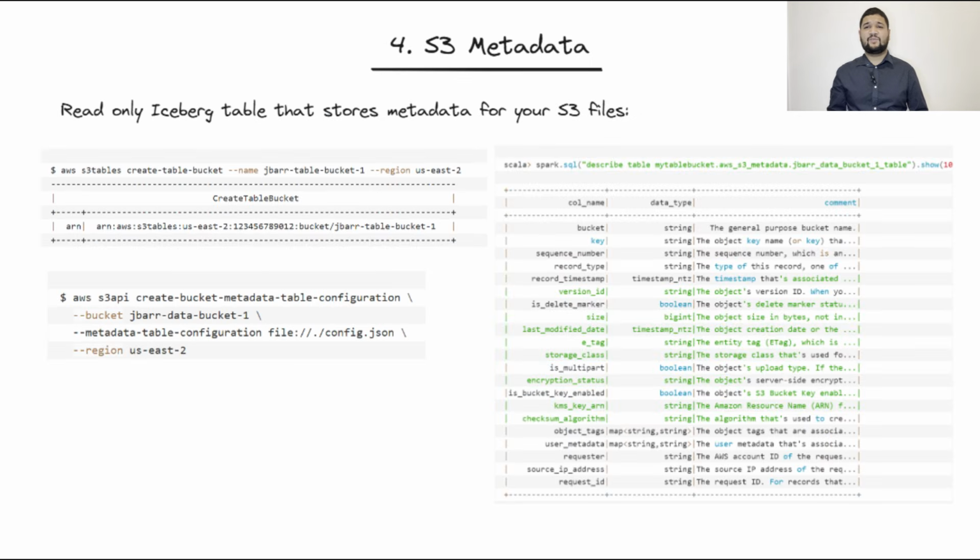Here's another gem that AWS announced: S3 Metadata. This feature creates a managed read-only Iceberg table that stores metadata for your S3 files. This is important because metadata is the first step in solving the age-old data swamp problem. With S3 Metadata, you can quickly query object details like size, storage class, and creation date, or even custom tags like product SKU or transaction IDs. For organizations drowning in petabytes of data, this feature can be a game changer, helping you discover, organize, and analyze